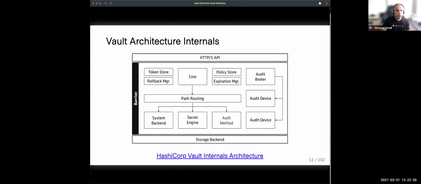And the concept here of the barrier is that anything coming into Vault or accessing Vault must be encrypted in flight. So you can use certificates to terminate HTTPS traffic into Vault, and anything that leaves Vault into the storage backend is also encrypted by the Vault barrier, right? So the security is obviously of utmost importance in protecting the data, and this is just a high-level view. If you wish to know more, there's a link that you can click and visit our documentation.